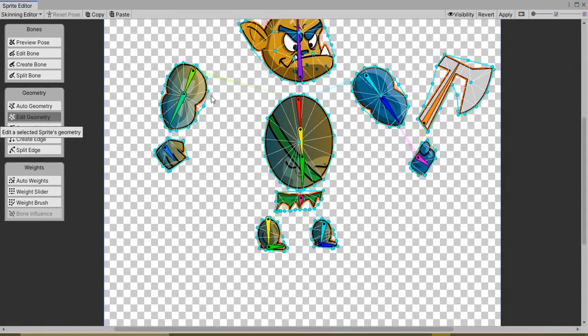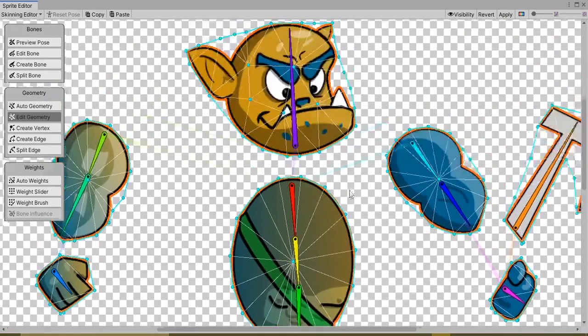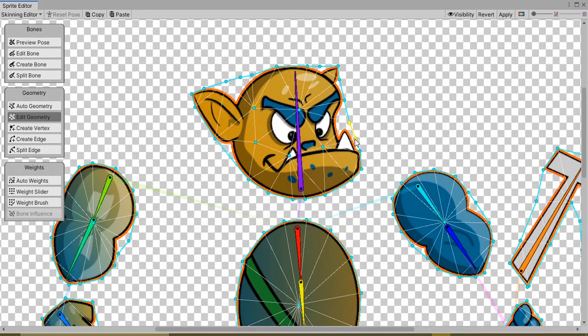Okay, now I'll edit the geometry. You can scroll up and scroll down to zoom in and zoom out.